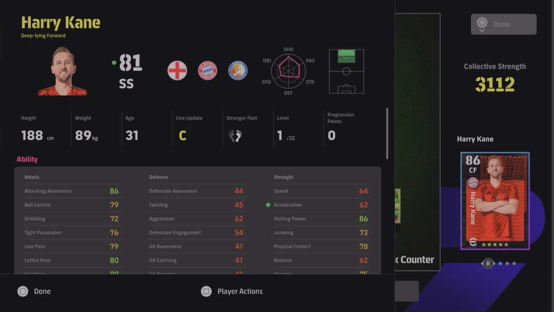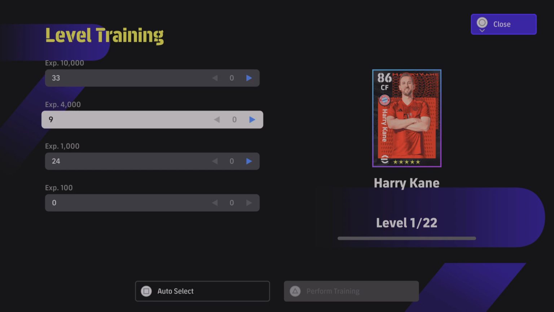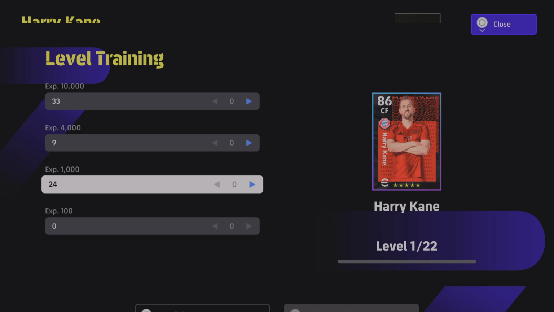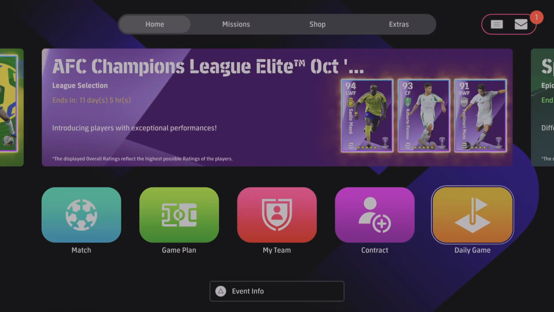Okay, so we go level training, hit X, and now if you notice here I've got EXP 10,000. These are the bonus points, or the number of bonus points that I can use to upgrade Harry Kane. So how do I get these bonus points? Every day when I log into the game, super simple, I get my daily game,